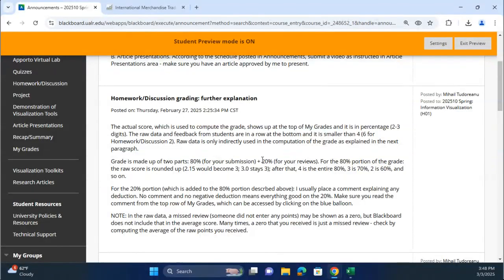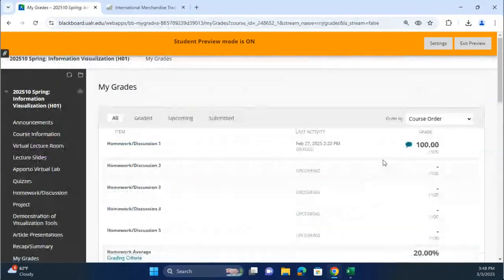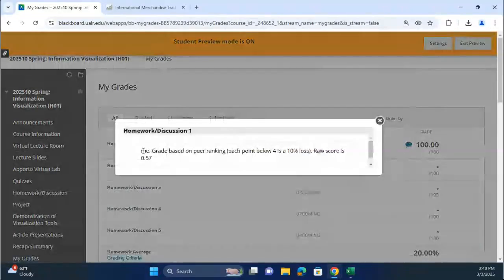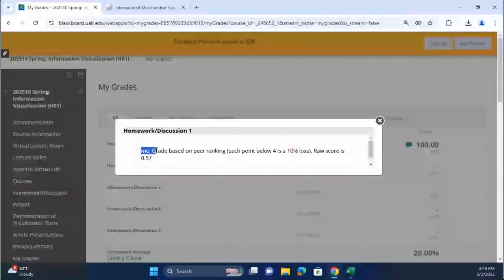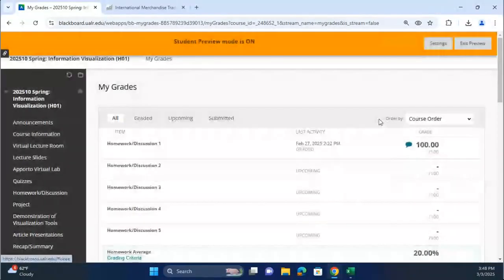Okay, so for this, if I deducted points for the way you've done the reviews, I put a note in here. You will see a sentence or something describing how many points I deducted. Okay, so that's the homework. Like I said, on top of the rounding up, on top of considering the fact that 1 out of 4 is not 25%,